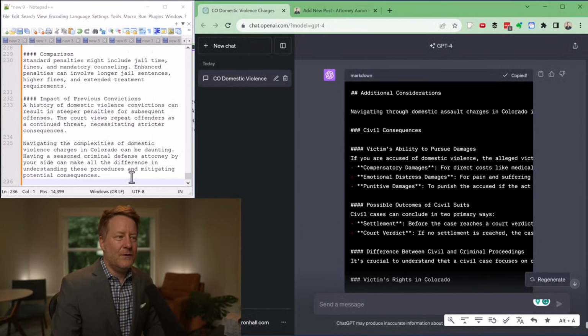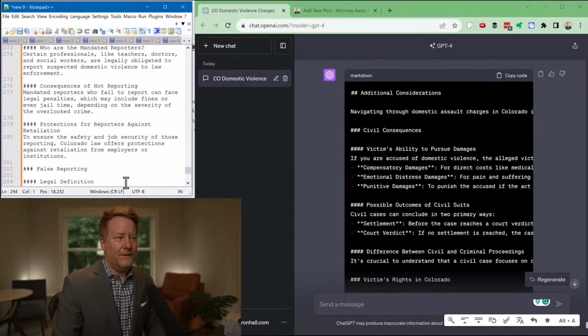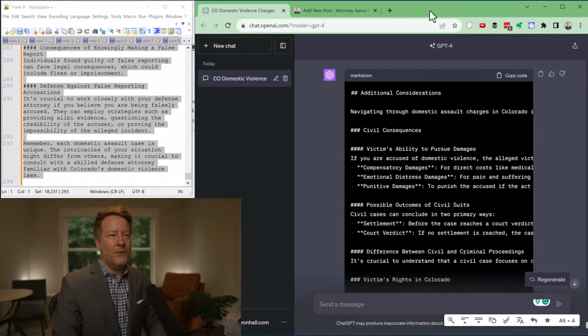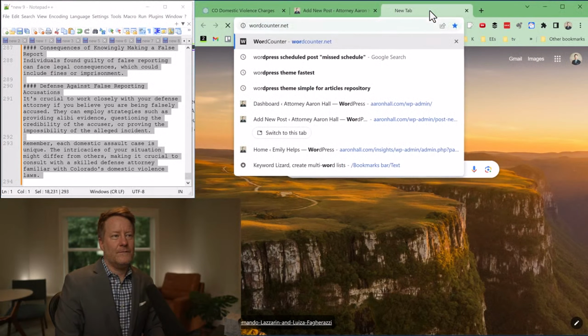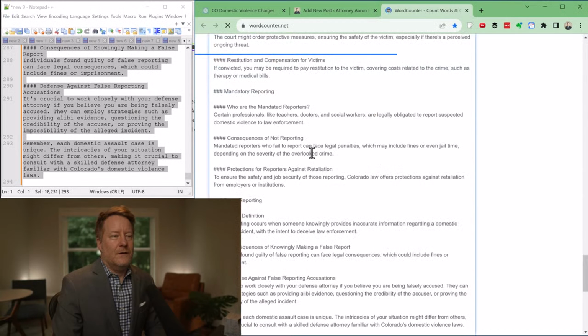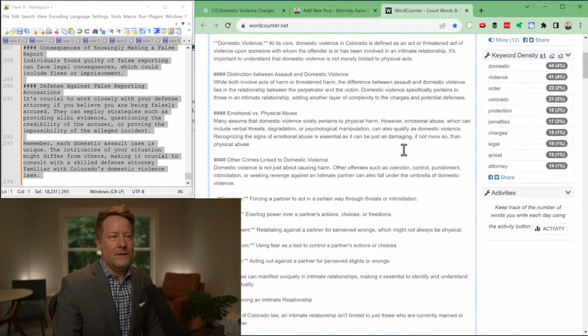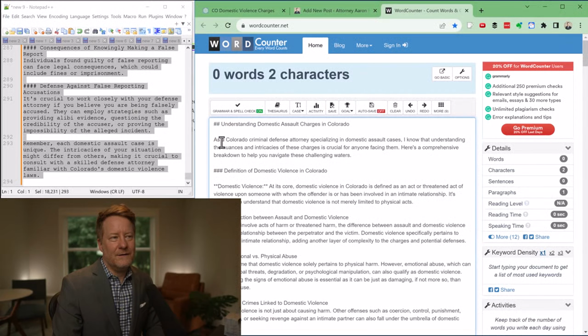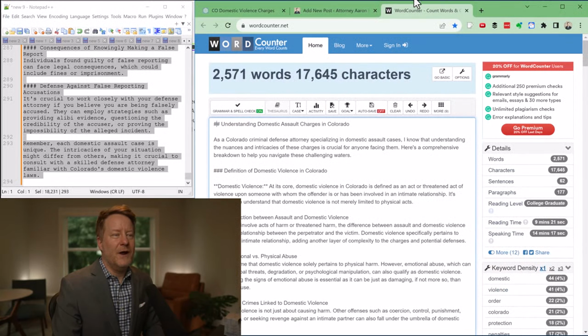Copy code, paste. All right, so now we have this huge article here. By the way, how many words is this? 2,571 words, minus, I think, some of these heading symbols here, so maybe not, but that's a lengthy article.